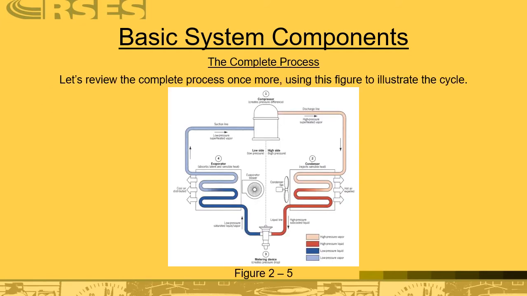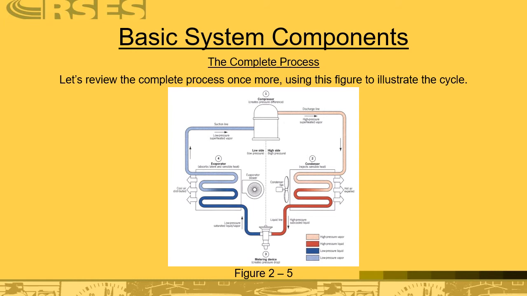Okay, the complete process. If you look at this diagram here, you can review the different components that we talked about. Of course, the heart of the unit, which is the compressor, the suction line, discharge line. We hook up to the condenser coil, and the condenser, remember, takes this high pressure, high temperature refrigerant vapor from the compressor and gives up the heat that was absorbed in the evaporator on the condenser side. The absence of the heat in the refrigerant cools down the refrigerant into a liquid state, and by going into a liquid state,